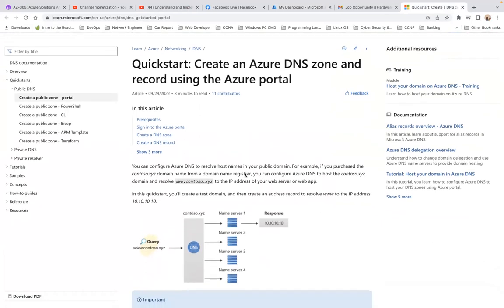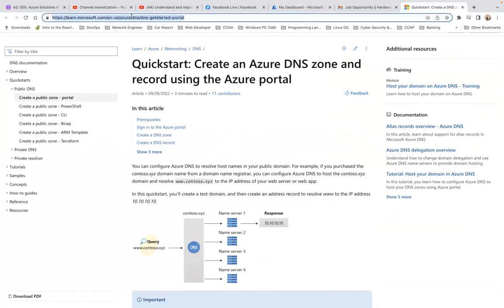As usual, every time before I start doing a demo with Azure, I would first of all check this website, https://learn.microsoft.com. So in this article being updated